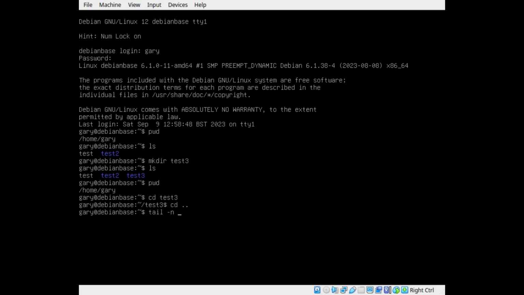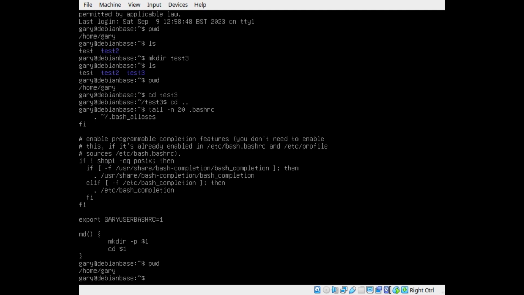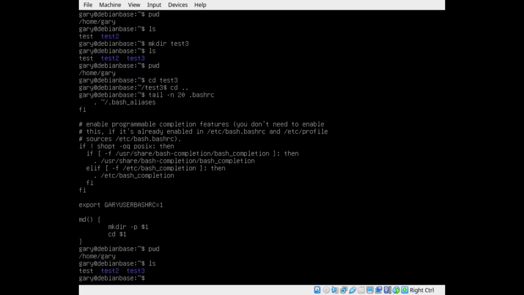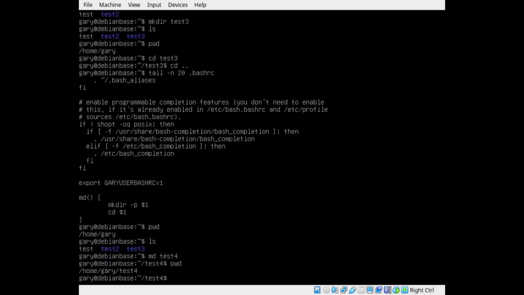So if I look at my bash script again, you'll see my function's called md. So what I can do is I'm going to create a folder called test4. So md test4, and you can see if I do pwd now, I'm in home Gary test4. So if you can learn a bit of bash scripting, you can find functions on